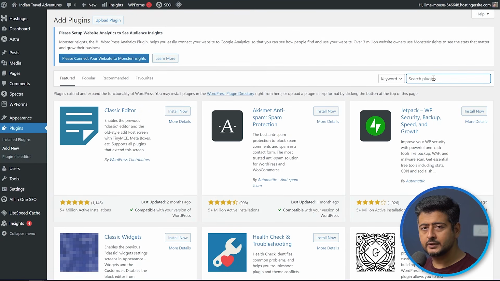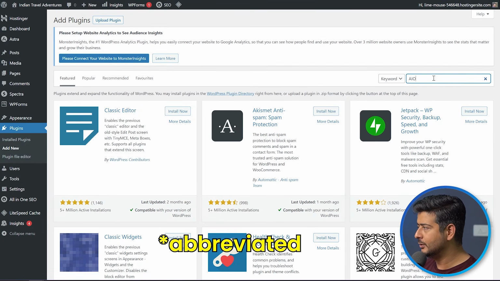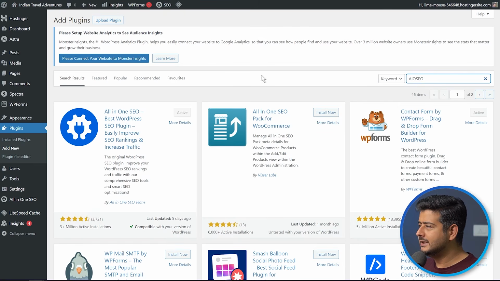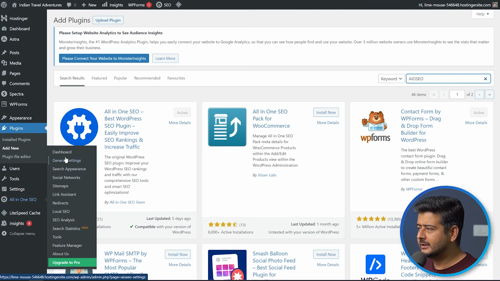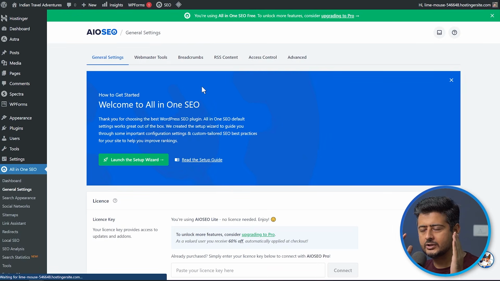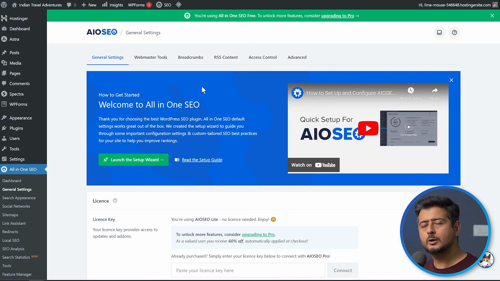You can search for the hyphenated version, which is AIO SEO, and just let the search complete, and you'll see All-in-One SEO already installed as it was part of the setup process. Now, you'll see All-in-One SEO here. There are tons of different settings here. You can go to the dashboard, change the general settings. It's a very, very powerful plugin that allows you to change everything on your website and have a completely optimized